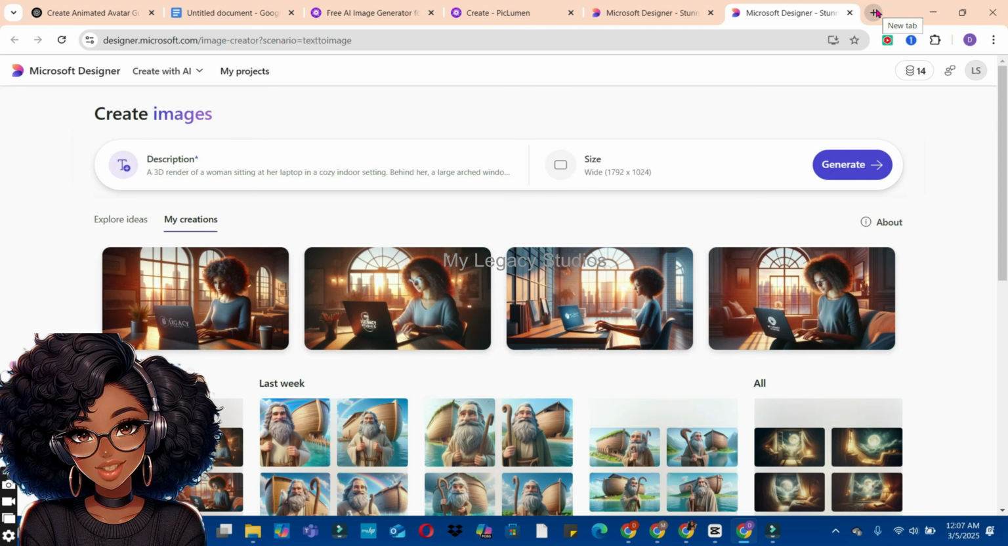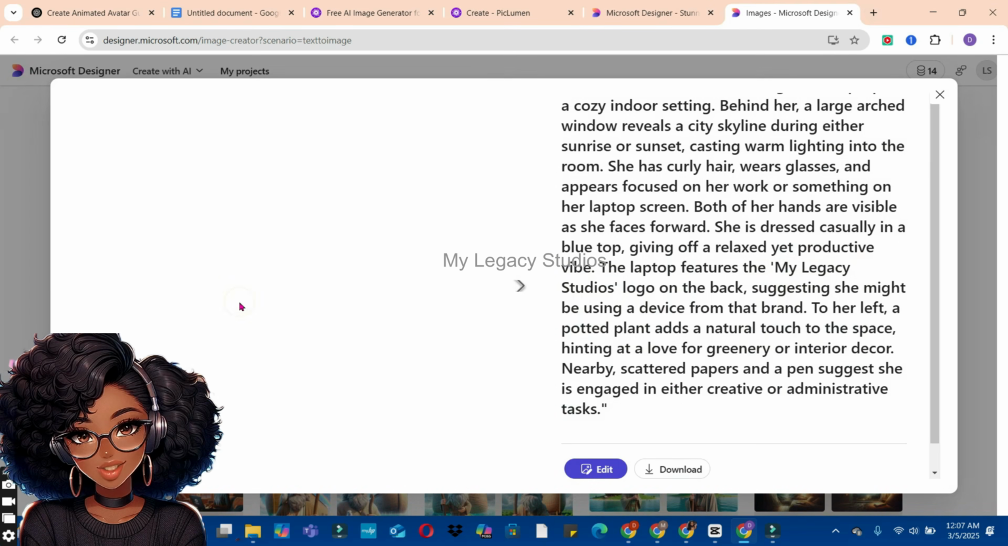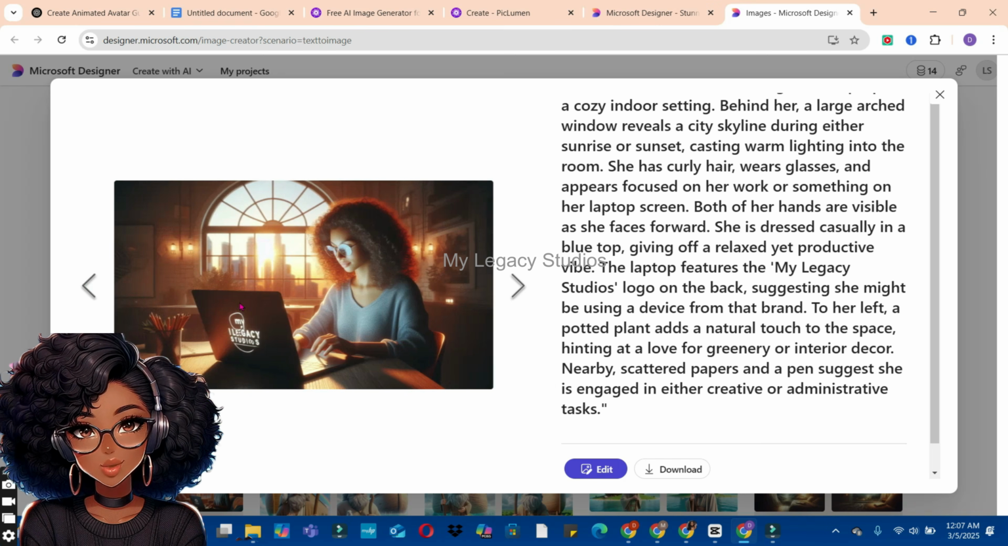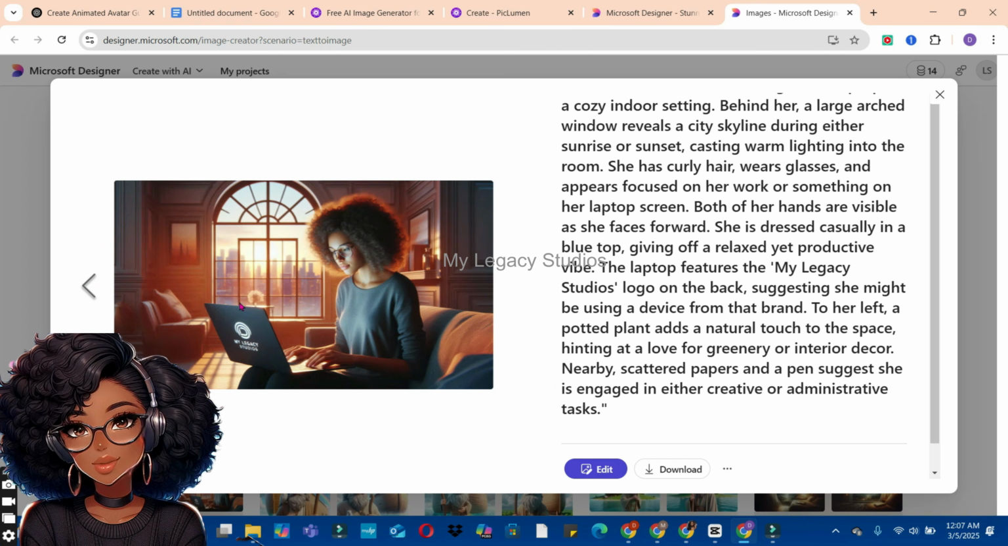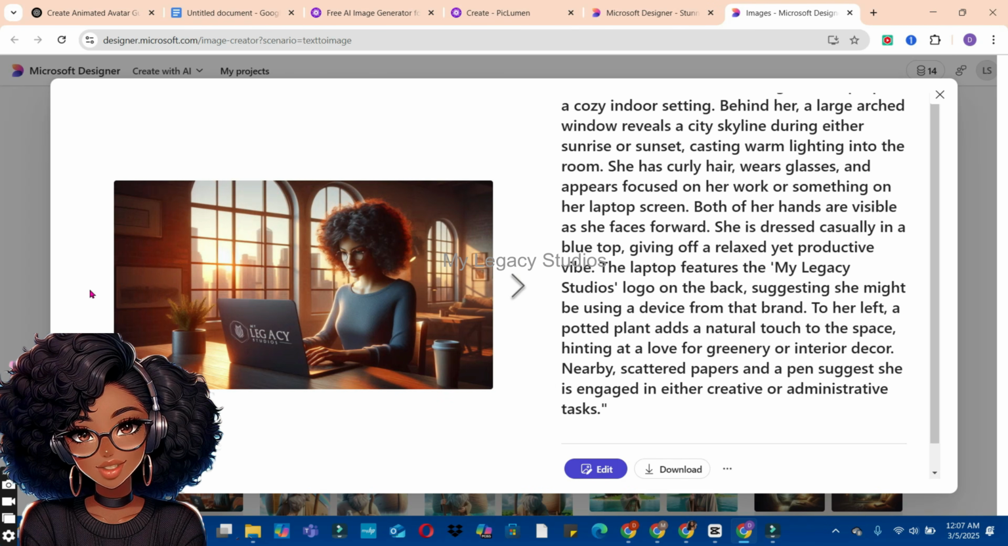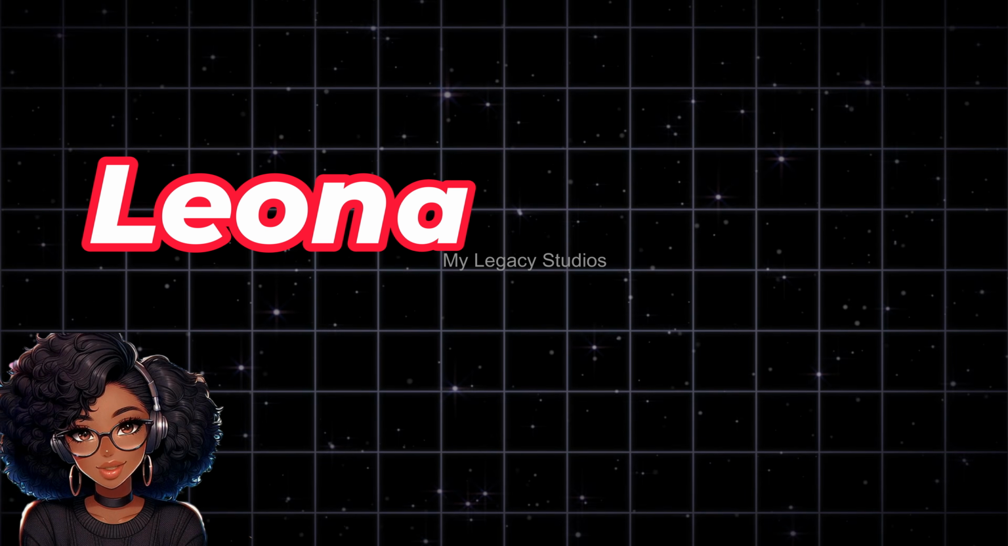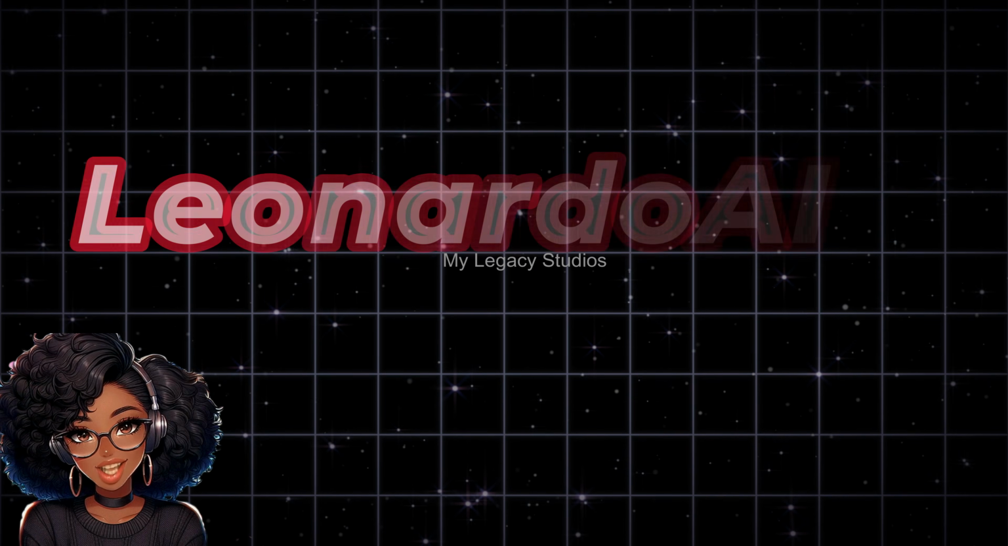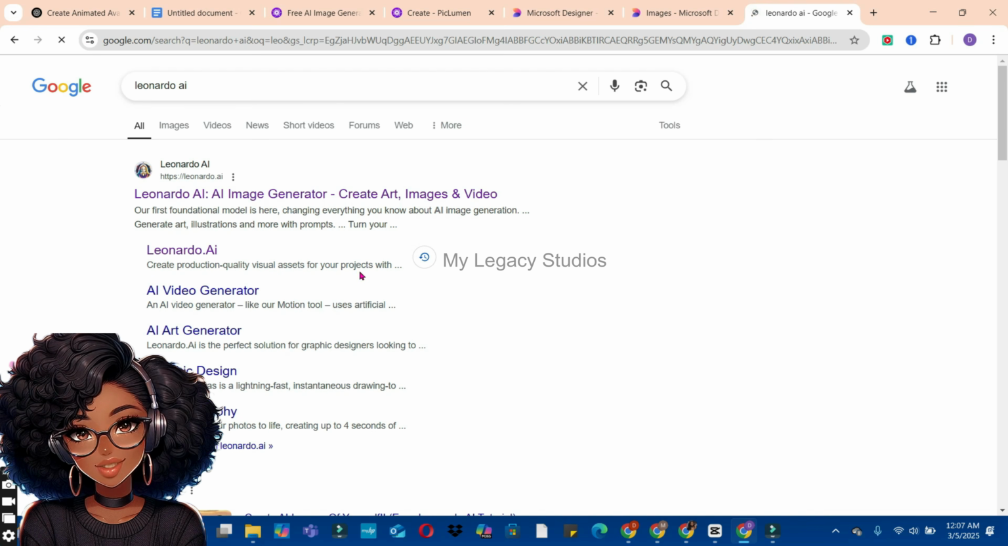So these are the images Microsoft Designer provided for me. You can preview them and see whether you like how they came out. But I'm going to try another AI tool to see whether I'm going to get something better. But you can rerun those images again, either on Microsoft Designer or on klingAI, and you're going to get something different. Head over to your browser and type Leonardo AI in the search and click on the first